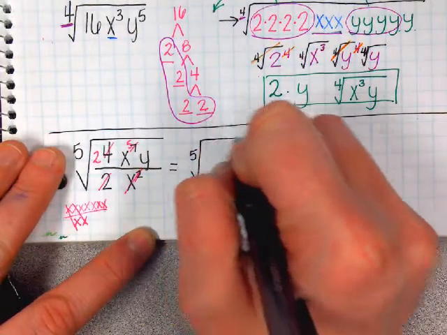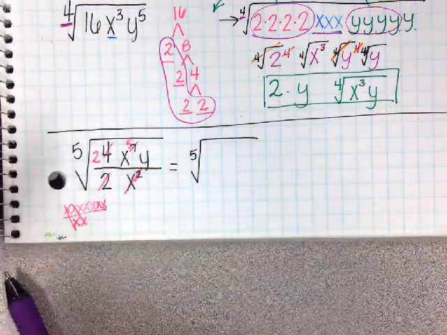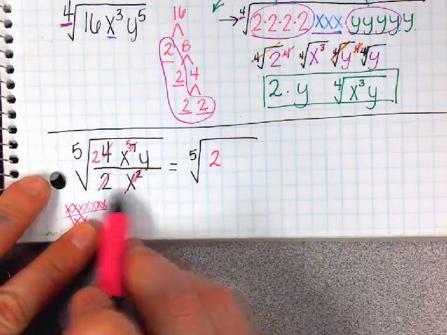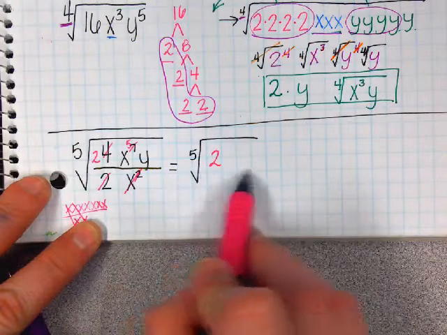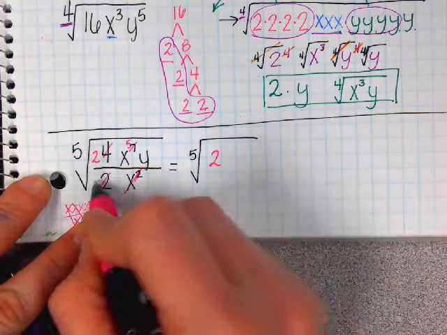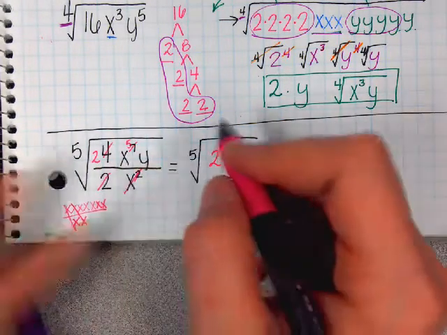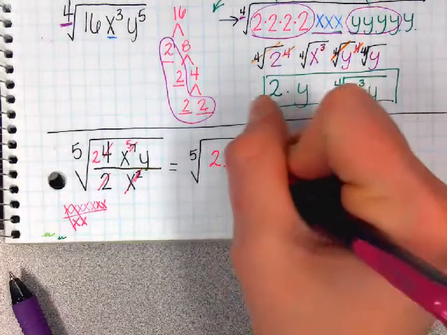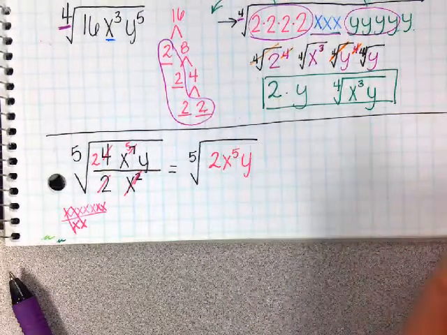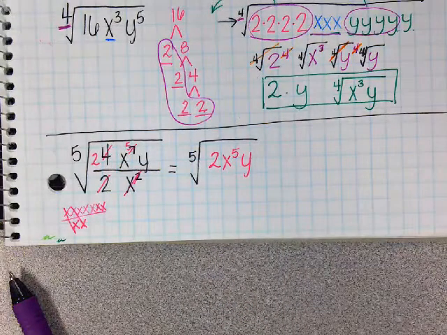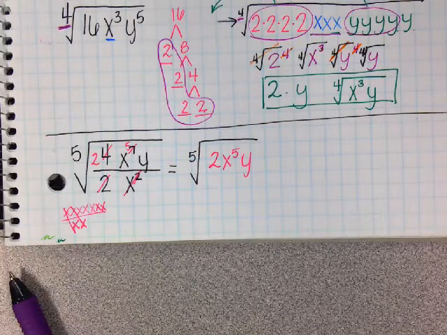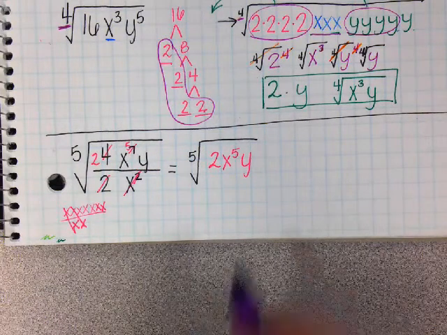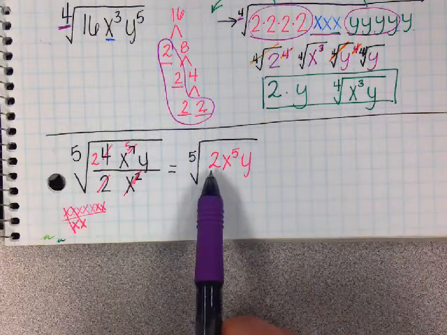So now if we rewrite that, it would be the 5th root of 2. There is nothing left on the bottom, so I don't actually need to write the division bar, since it's all in the numerator. So I need to do 2x to the 5th y, and then we will cancel it. So to simplify